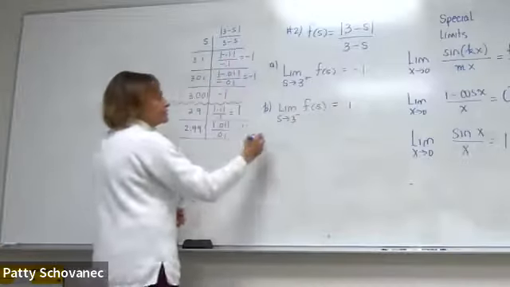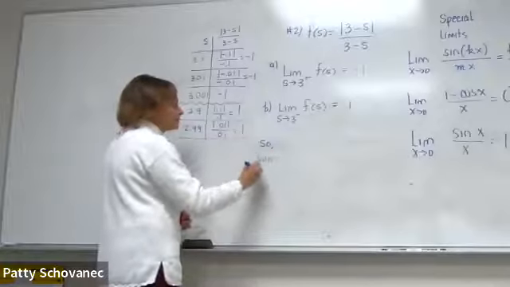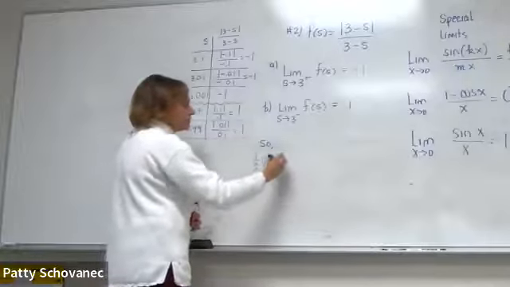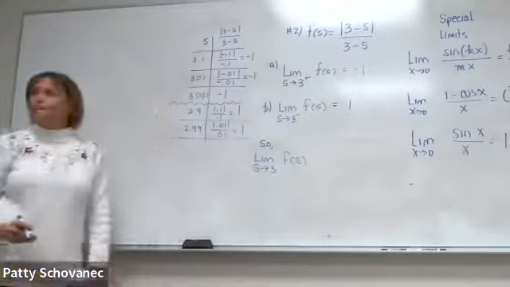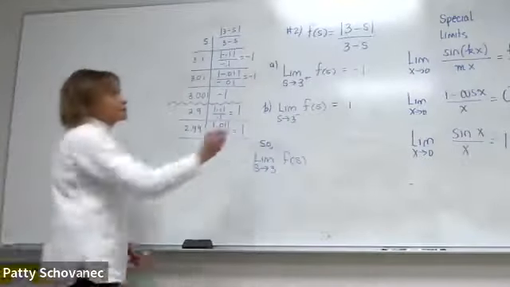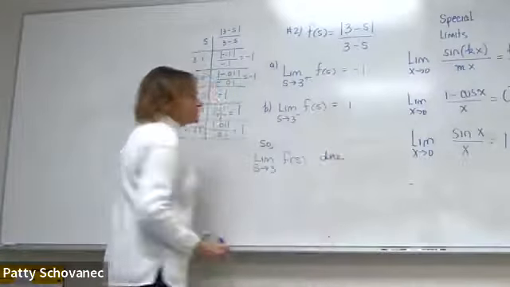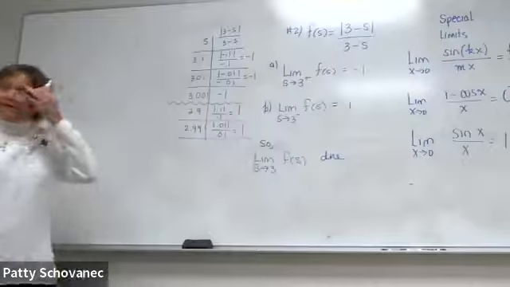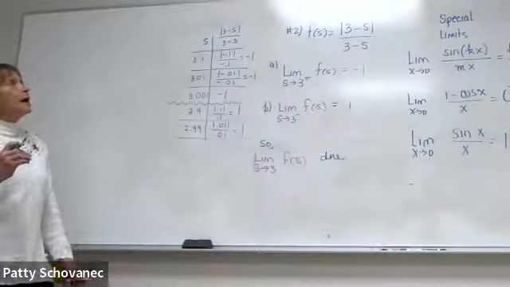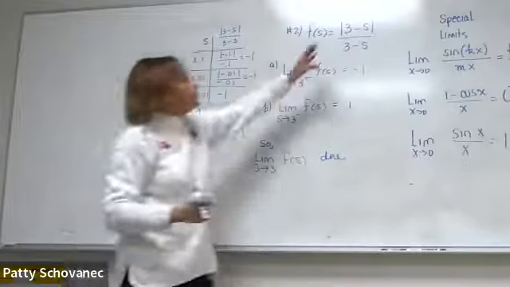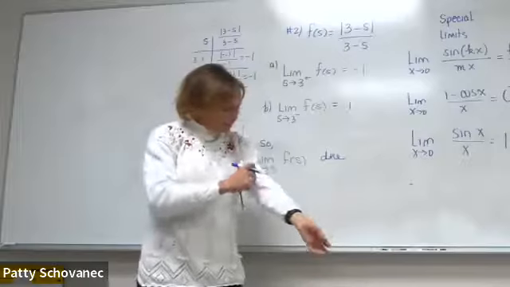So if this were asked, the limit without regard to direction near 3, what would you say? Doesn't exist, because there's a jump in the graph right there. There's my does not exist. That's the only problem spot. All the other points are values of S at which this has